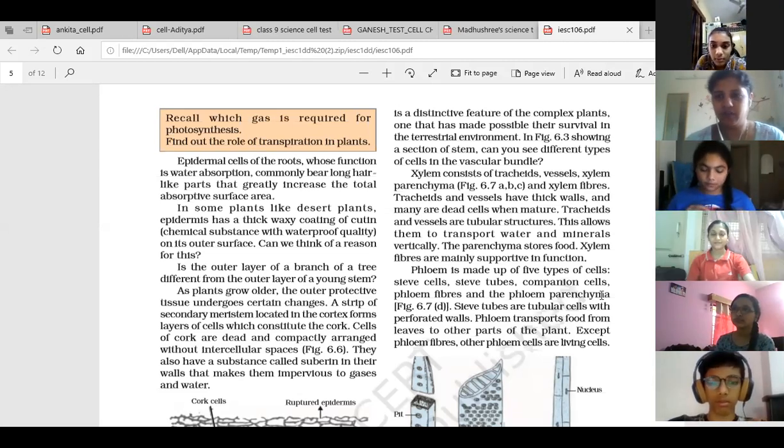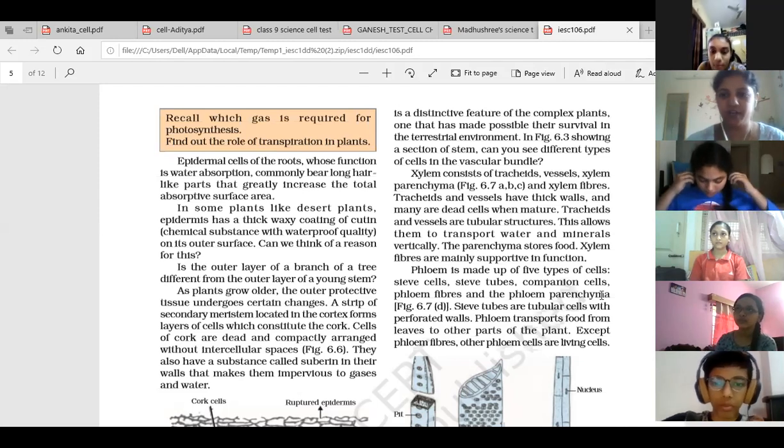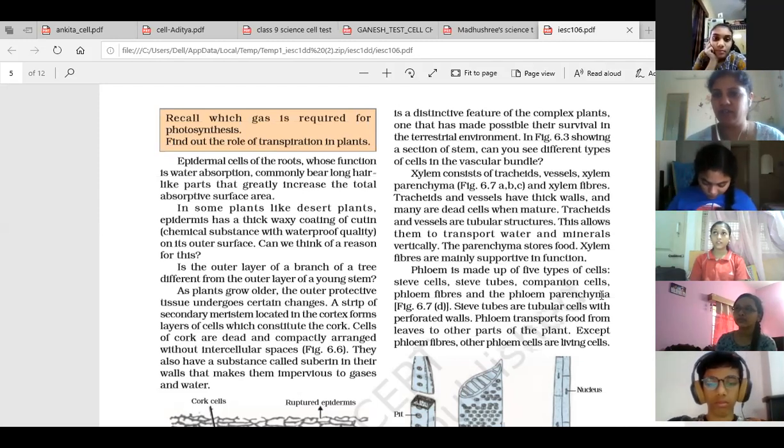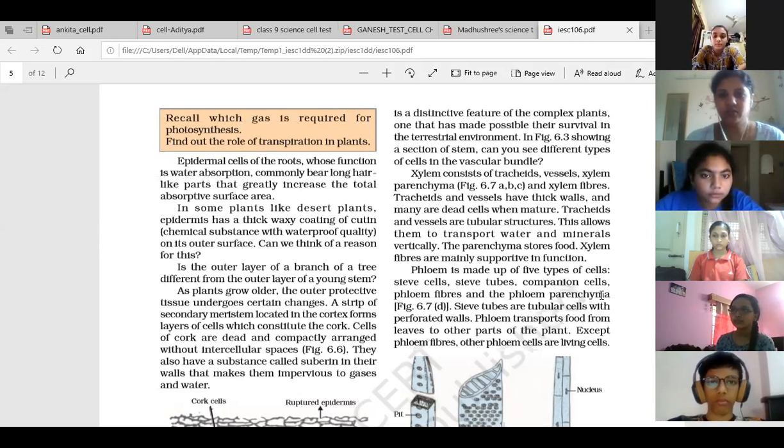Now that is one of the functions of the epidermis. One is a protective layer, that's the protective covering. You have seen the waxy coating; it helps in protection so that parasitic fungi or bacteria will not enter. Due to the waxy layer, it will not allow the water to move out, so loss of water will be prevented. Now the next part: the epidermis consists of stomata, which help in gaseous exchange and the transpiration process. So these are all parts of the epidermis only, right?